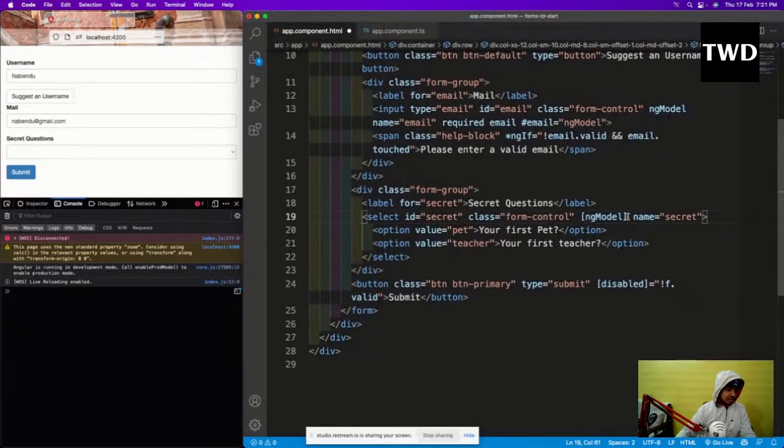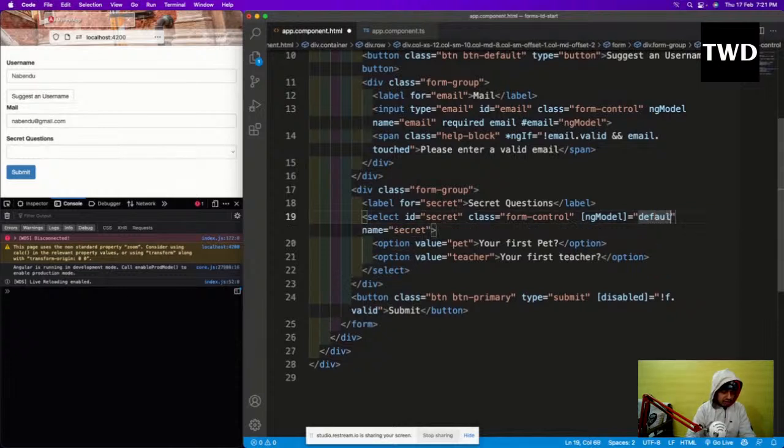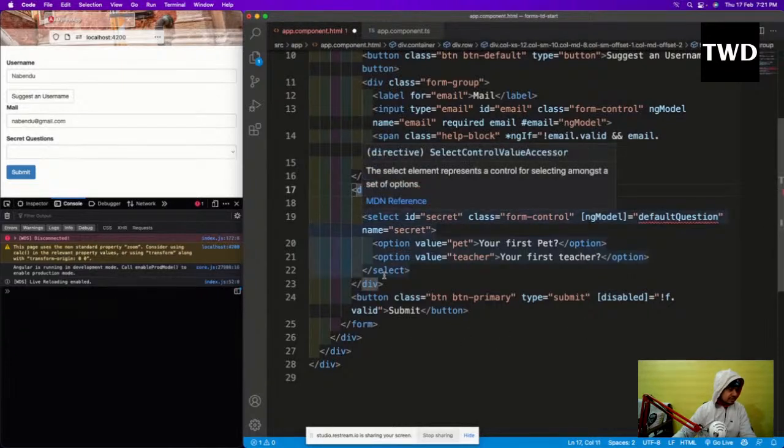So ng-model equal to default question, I'll do, and then after this I will select this there.